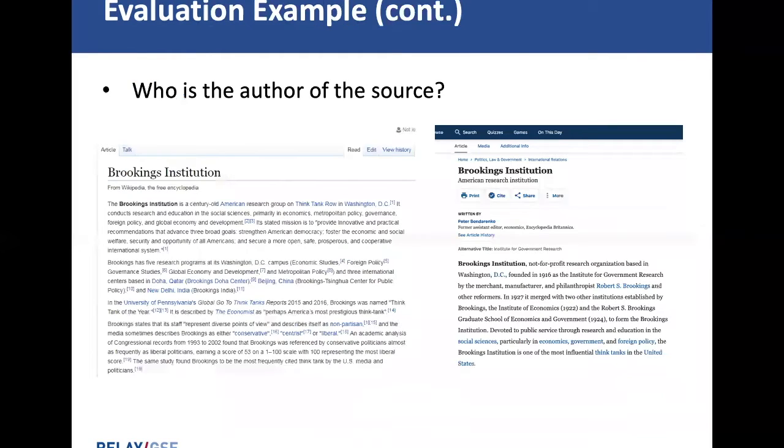So first, we want to look at who is the author of the source. I did a quick Google of the Brookings Institution, and I found on 2 different sites that it's a nonprofit research group and that it's nonpartisan. If I were uncertain about the source, I might do a little bit more digging to see if I could find more information. For example, I could see if it has any particularly influential donors, or whether it has information on its website about core values or policies. But at a glance, this seems like a solid